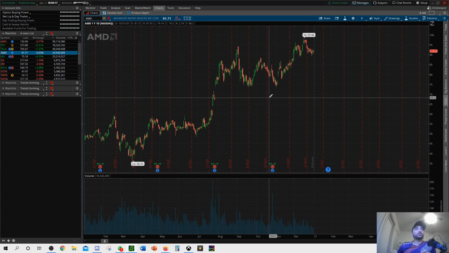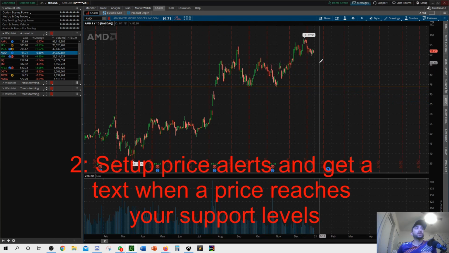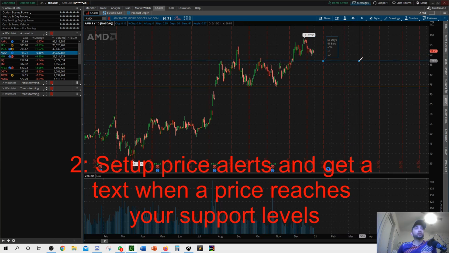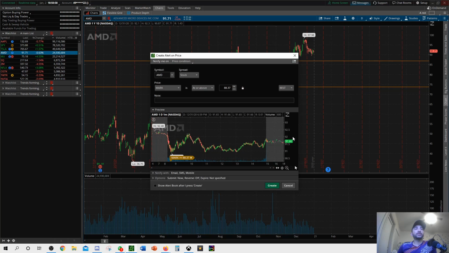Okay, so number 2, I love this feature. I like to trade based on support and resistance. So if the stock comes back down to support, for example, there's a really good chance that AMD is going to come down to this support and then go. But normally what happens when the stock comes down to support, it quickly goes up and I miss it. So what I can do is simply right click here and say create alert,